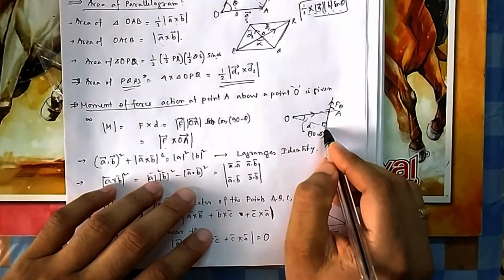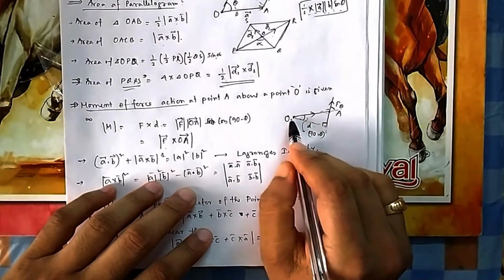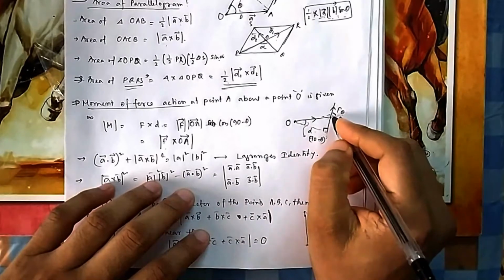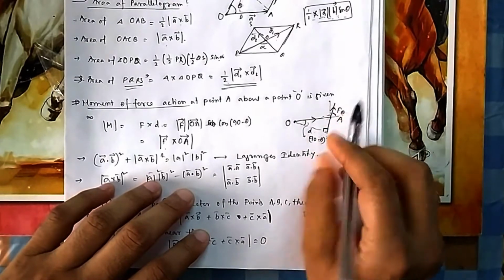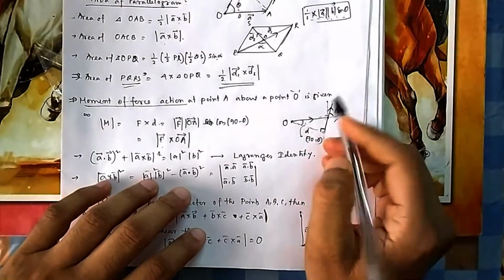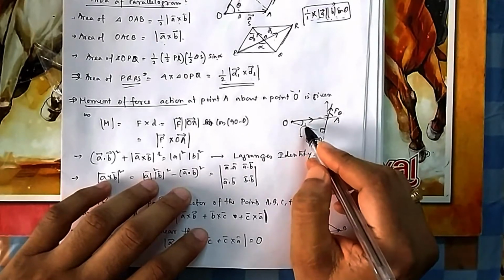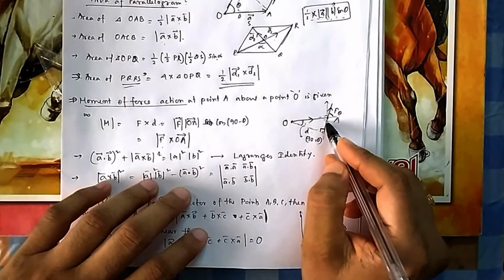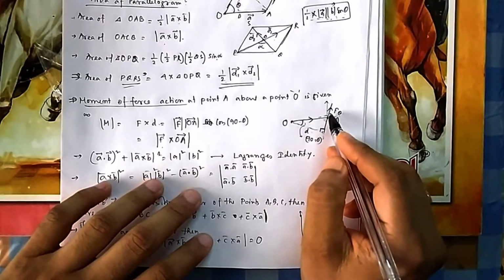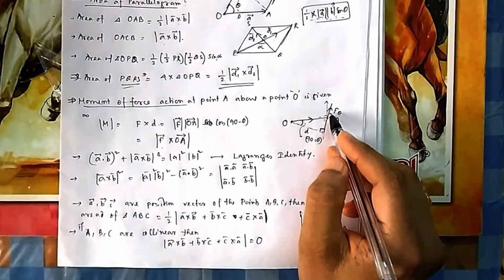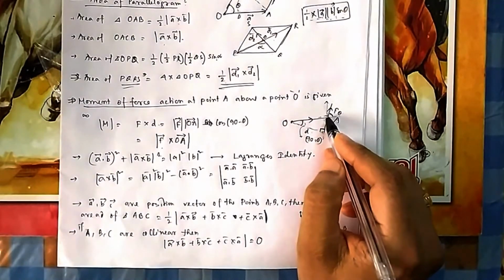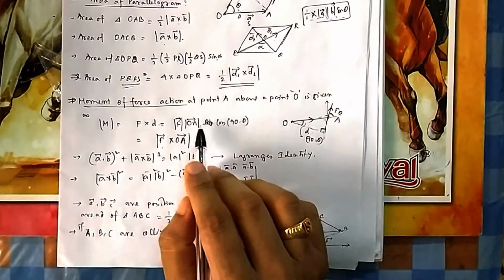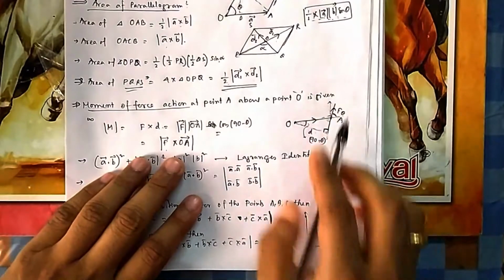So I have to consider this distance, because the entire force is not pushing it. This portion of F is actually working, and that portion is not working. If the angle between these two is theta, then this is 90 minus theta. So again you can do it: F cos theta is this one, and F sin theta into this, which is nothing but F sin theta. If you are coming to that, then it is a cross product. So you can also do it in this way: force into perpendicular distance.